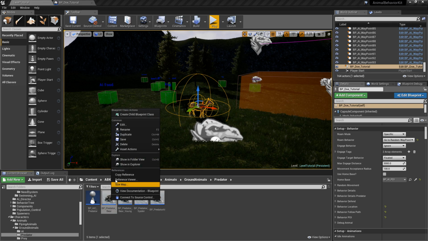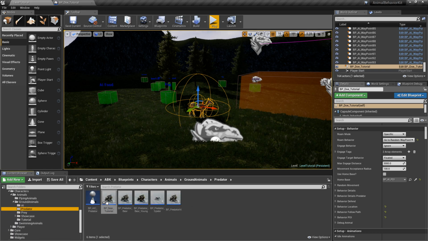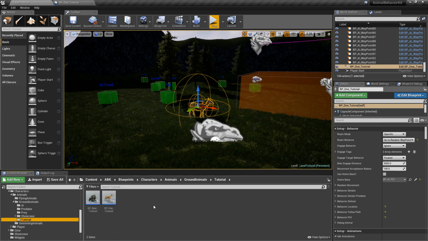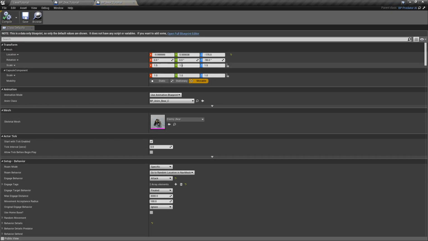Go ahead and right click and say duplicate, and let's call it BP Bear_tutorial. We are going to move this guy to the tutorial folder and click on move here. And now we have this guy right here. If we open him, click on open full blueprint if you see it this way,